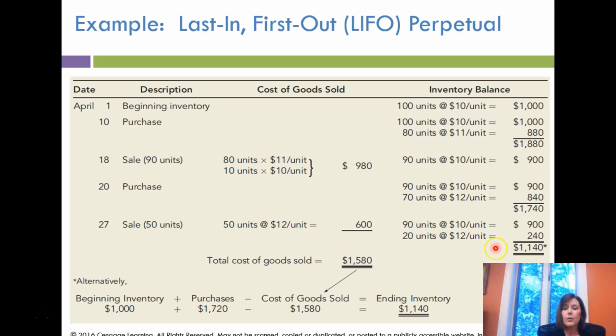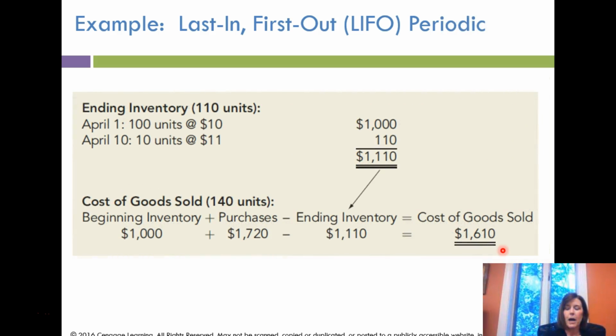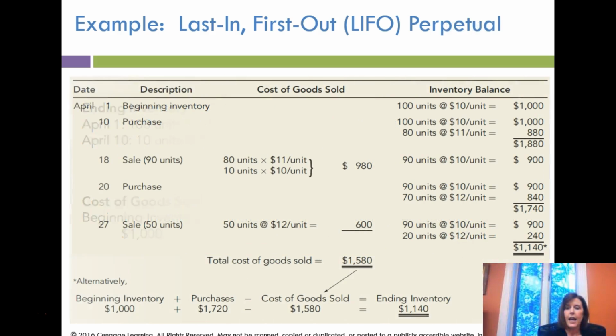And so you can see that our inventory balance under the perpetual method, despite the fact that we're using LIFO, between the periodic and the perpetual method, you're going to come out with different numbers even between those two. And I will go backwards so that you can see. So we've got ending inventory on the periodic method of $1,110 and ending inventory on the perpetual method of